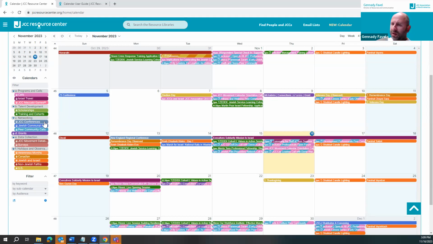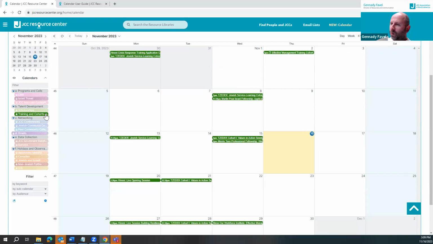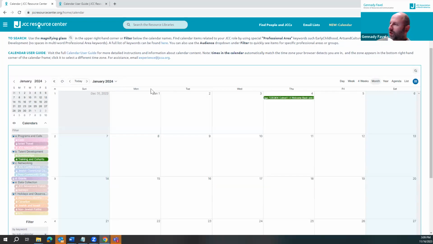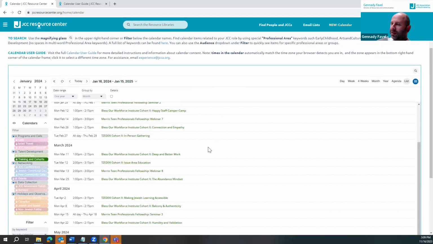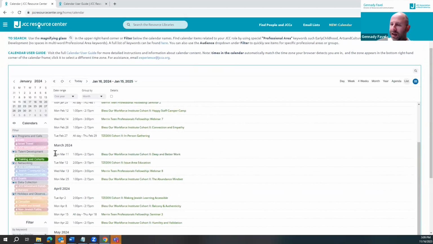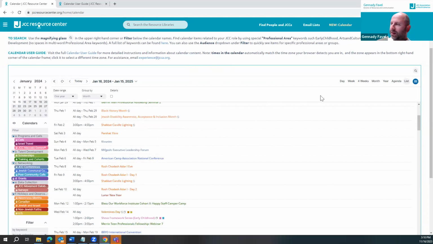What we can do here is click on this little eye in the corner of the calendar, and we'll only view those items in the calendar. We can also scroll in the future. And of course, the same applies to the list view. So now we see a list for 1 year of only training and cohort items. I'm going to click on the eye again, and then everything appears once again.